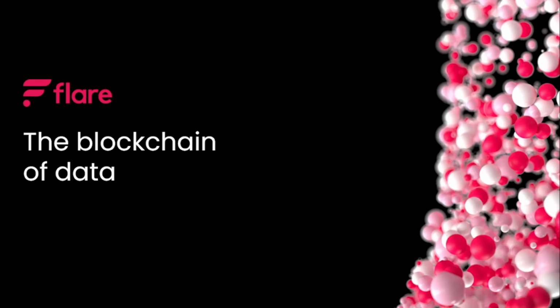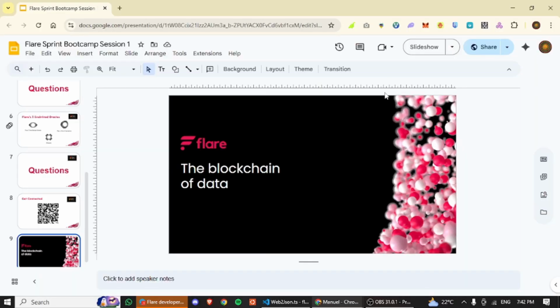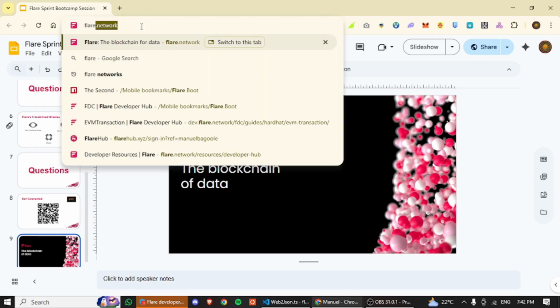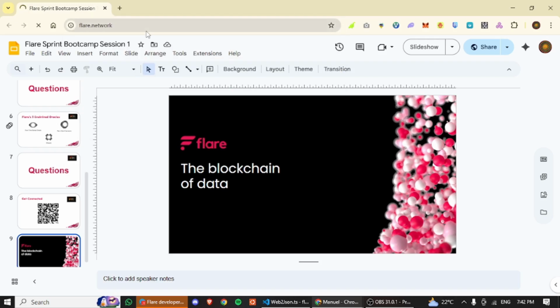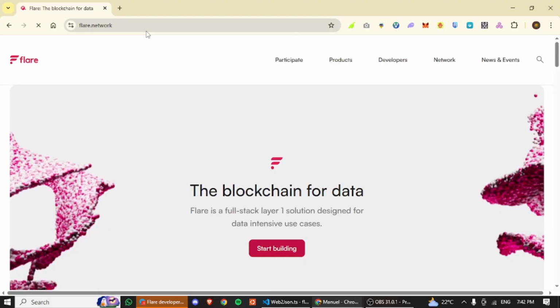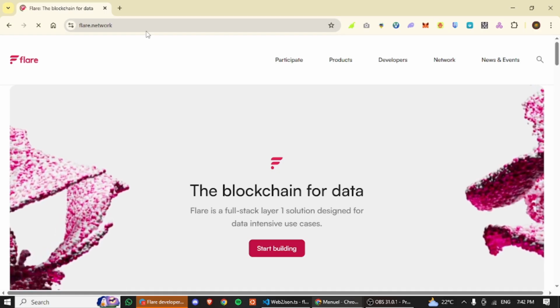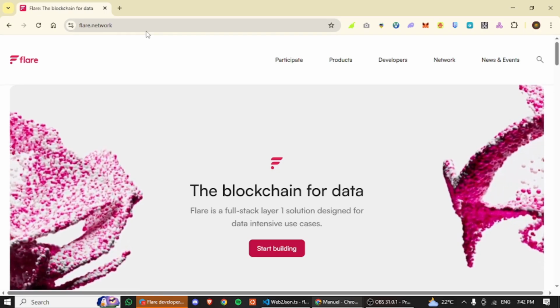So yes, Flare, like we've been talking about, is a blockchain for data. Now I want to share a few resources that might be helpful to anyone as we go along. Since we're all going to be developing together, some of these resources might be important for you to know, and you can explore them in your own time ahead of our next session on Monday. So please make sure to join the Telegram channel. We'll be communicating everything in there. Make sure not to miss out.